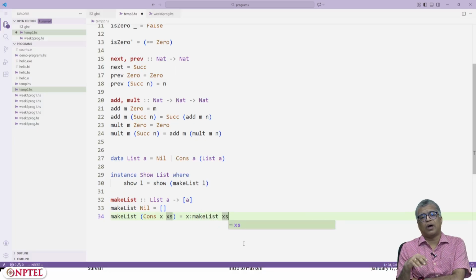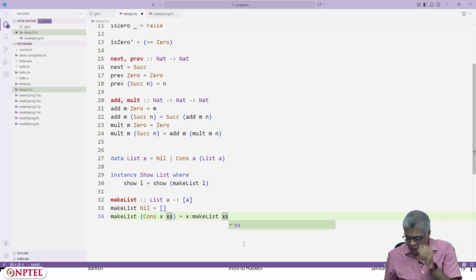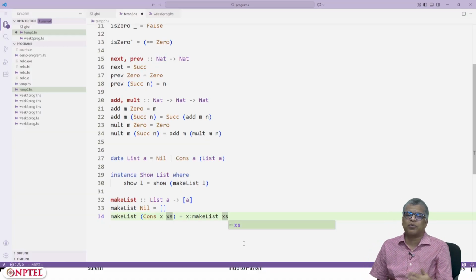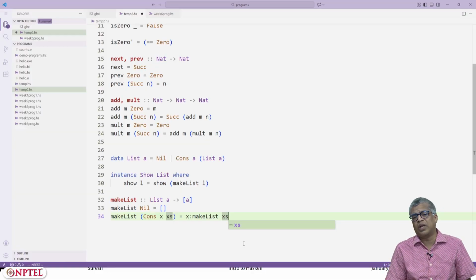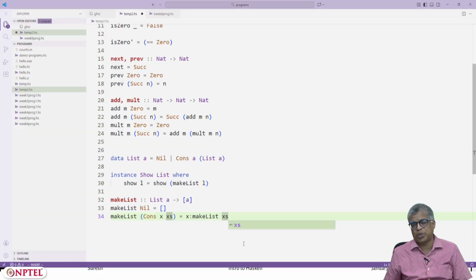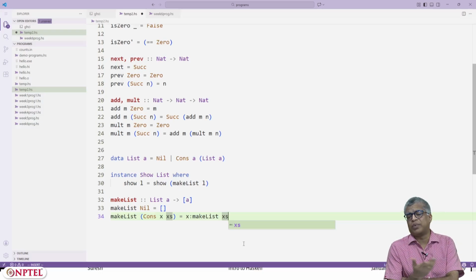Right, so you can also move the other way, you can move from a Haskell list to your new capital L list data type that you have defined, except now you can actually tailor some of the functionality in this thing. So you could, for instance, say head of empty list is, you can explicitly give some error message, or you can give a maybe value, that's an option. So you can say head is of type list A arrow maybe A. So these are all things that you can do. Tail also similarly is of type list A arrow maybe list A, or you can say tail of empty list is empty list. You have lots of freedom there.